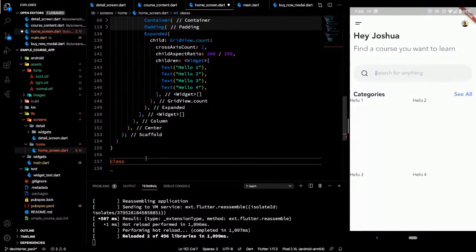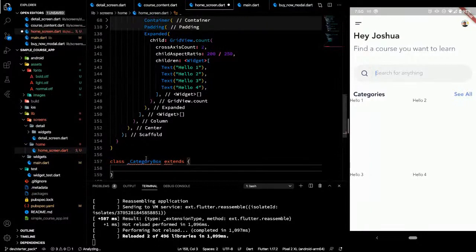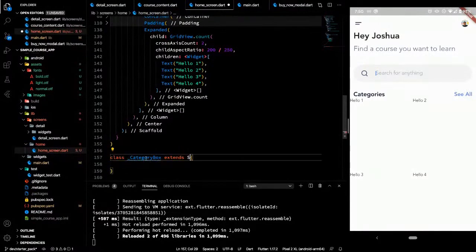So we'll name our component CategoryBox, which extends a StatelessWidget. Again, stateless widget because it doesn't have any state mutation.